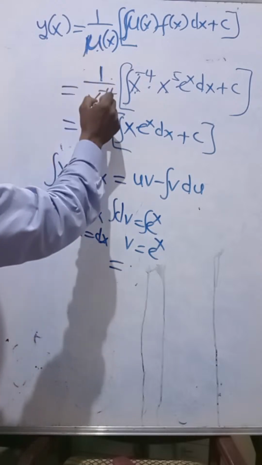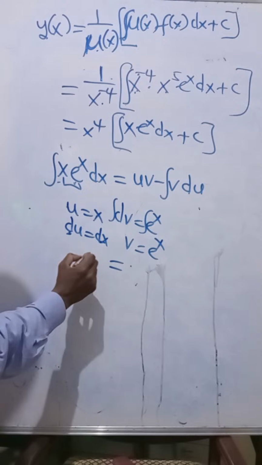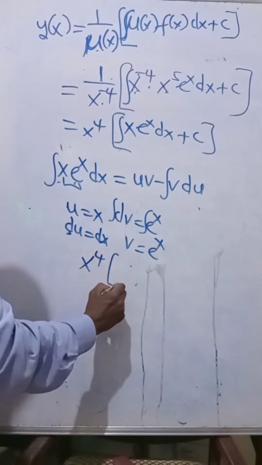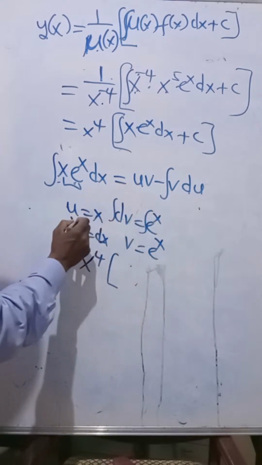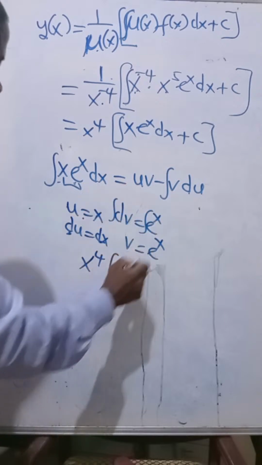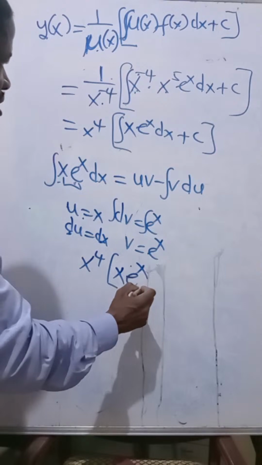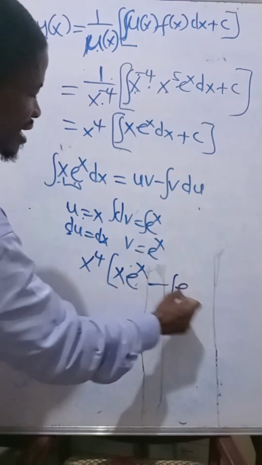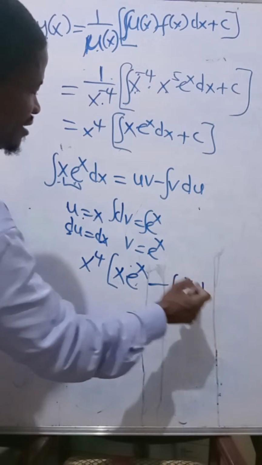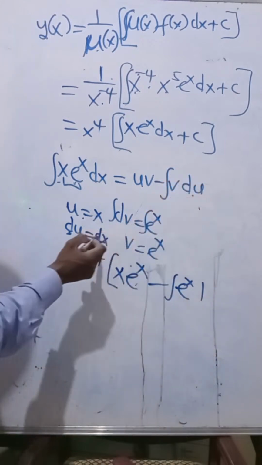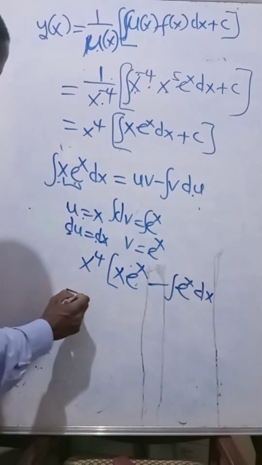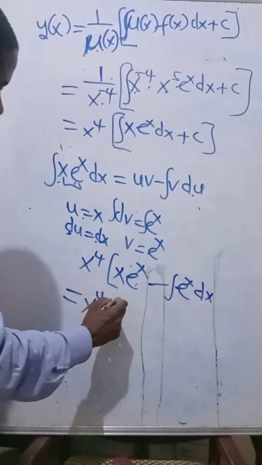Don't forget what we have here. That will be equal to x to the power 4, open your brackets, uv. My u is x, my v is e to the power x. Then minus the integral of v. My v is exponential to the power x, and then du is simply dx. So that's what we have. On the final note, we're going to have this